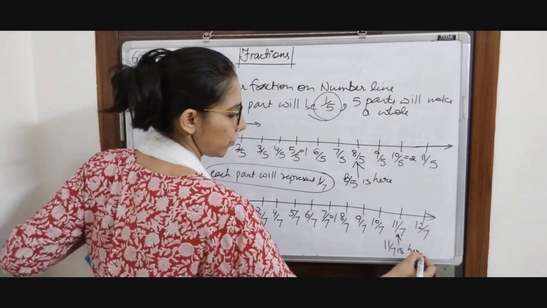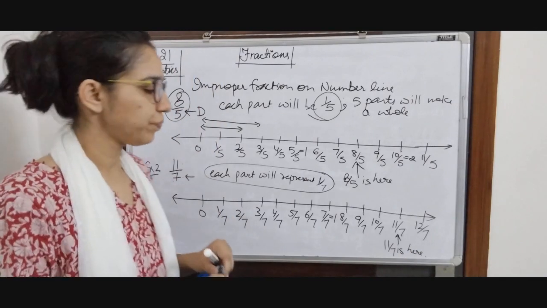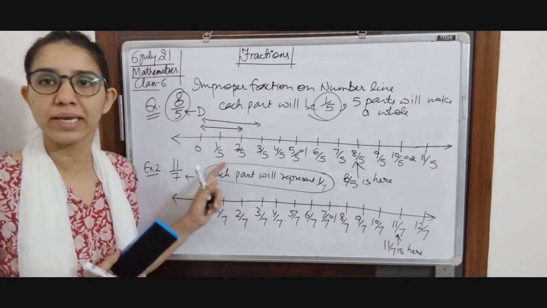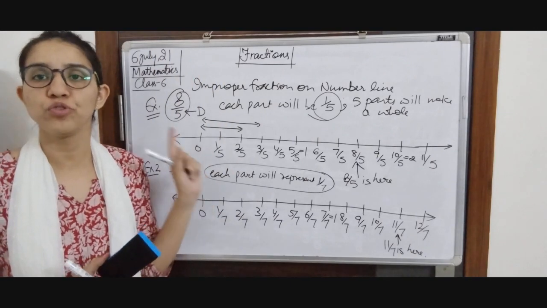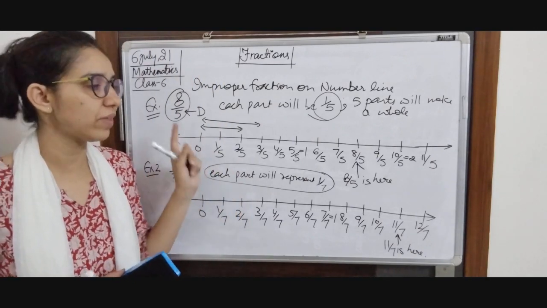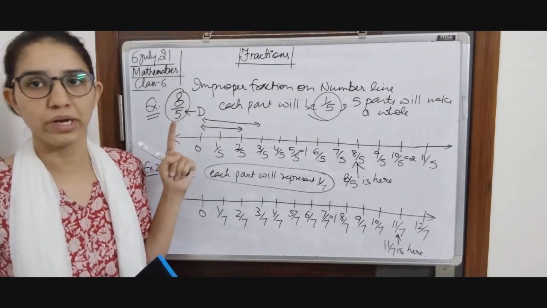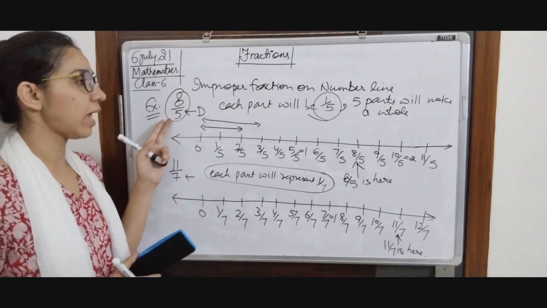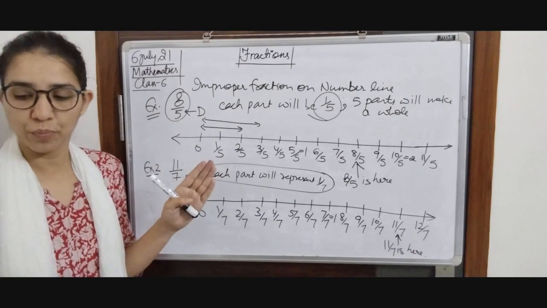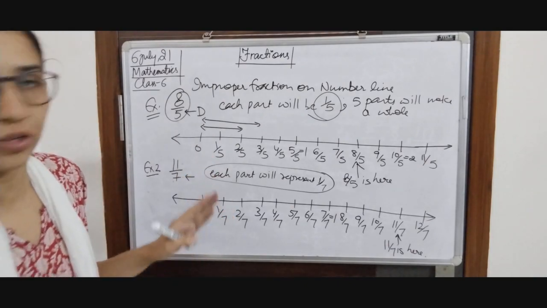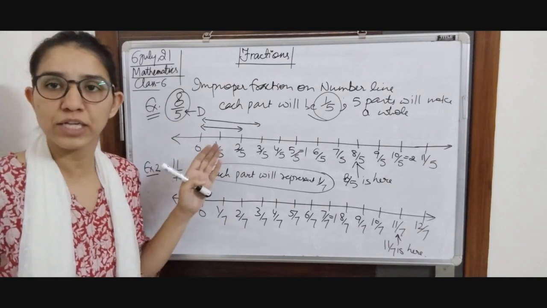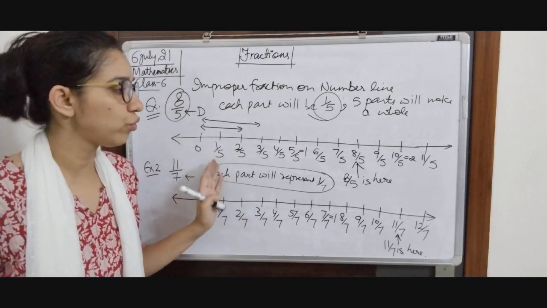You just need to remember two things. First thing is, on the number line, each division should be equal. If your divisions are not equal, you are not doing it correctly. Second thing is, from the denominator, either of proper fraction or of improper fraction, you have to take hints from the denominator in how many parts you are going to divide your 0 to 1.